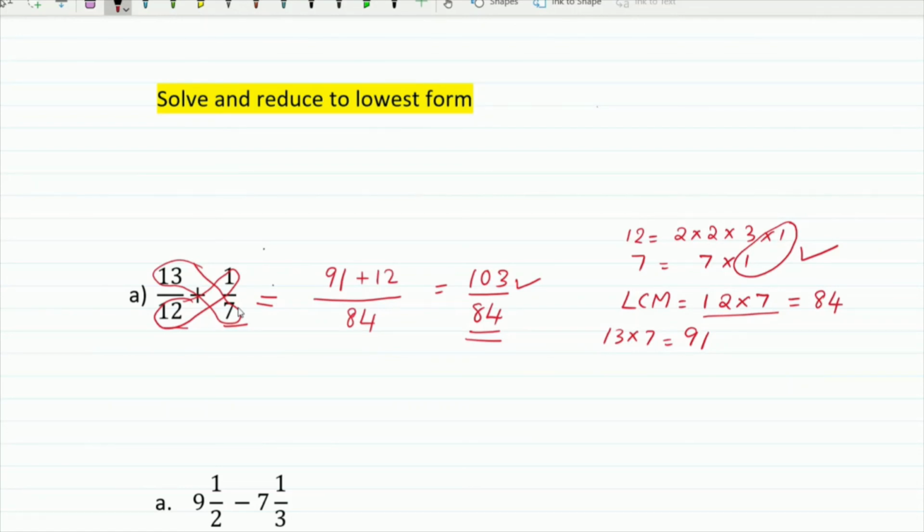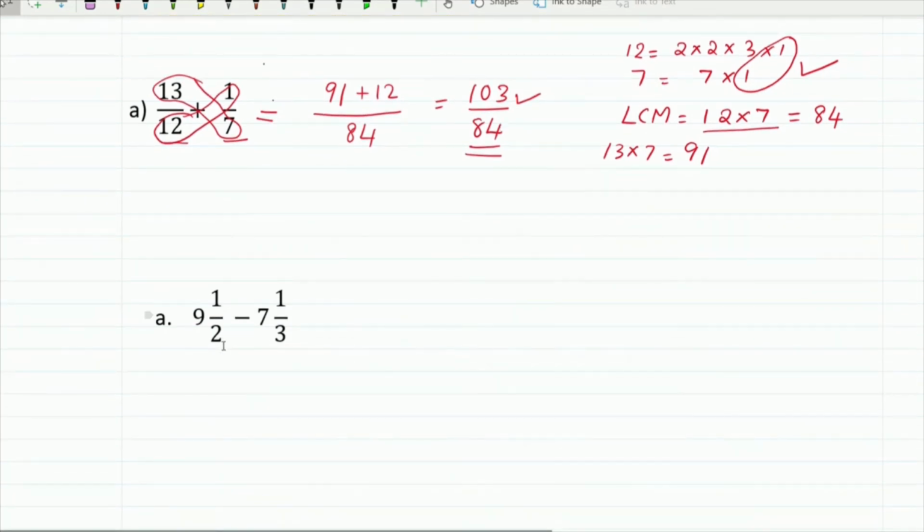Now we can go to the next question, that is 9 1 by 2 minus 7 1 by 3. Here the two numbers are given as mixed fractions, so first we should convert them into improper fractions. When converting a mixed fraction into an improper fraction, as we already studied, multiply 9 and 2 first. 9 twos are 18. Then add the numerator, 18 plus 1 is 19. 19 divided by 2 minus 7 threes are 21. 21 plus 1 is 22 divided by 3.